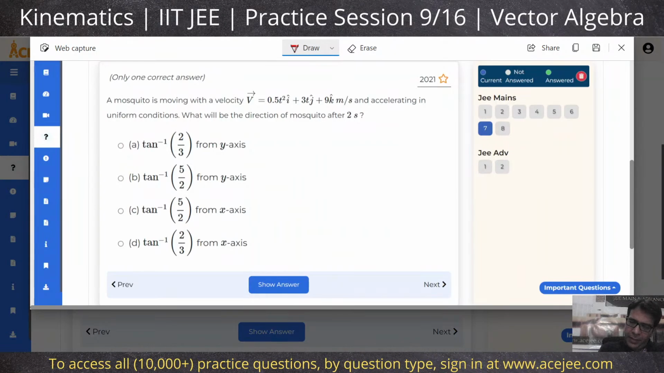Okay, so let me just jump in. So the velocity vector after 2 seconds is what? 4 into 0.5 is 2 i cap. तो +6 जाएगा +9 जाएगा